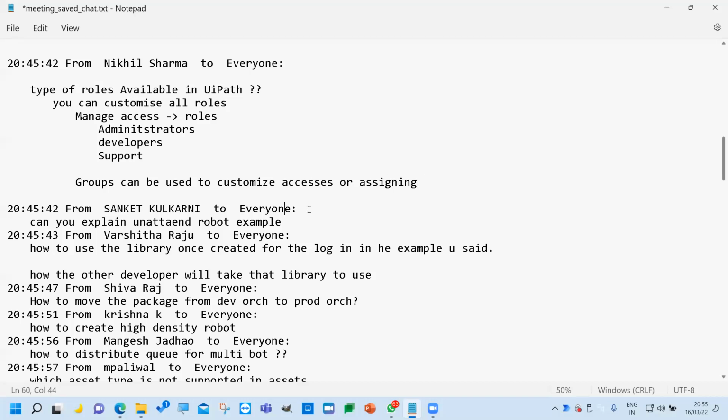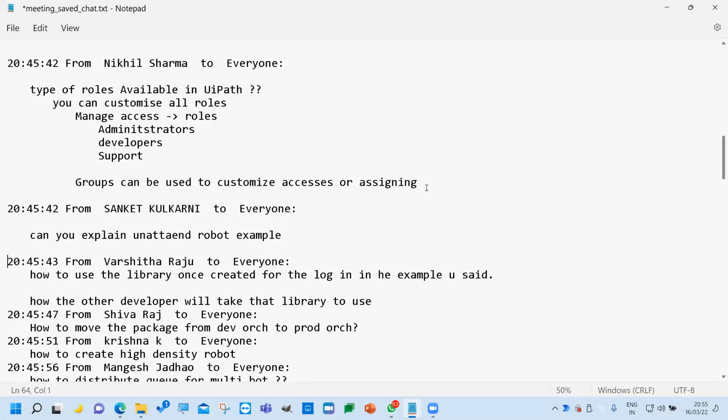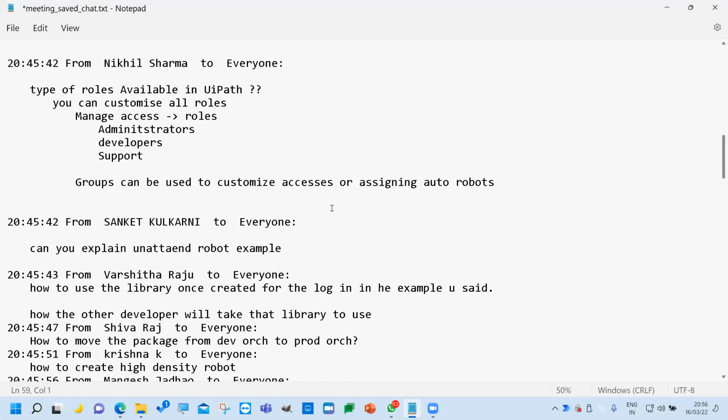Okay. This question: can you explain an unattended robot example? Like I said, unattended robot means without human intervention. Let's say you want to go to some web page, download some data, and process that data, and no human decision is required.